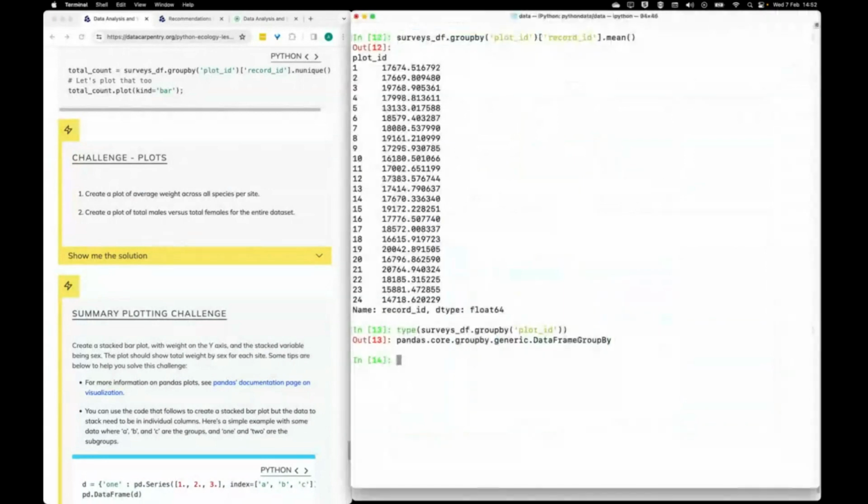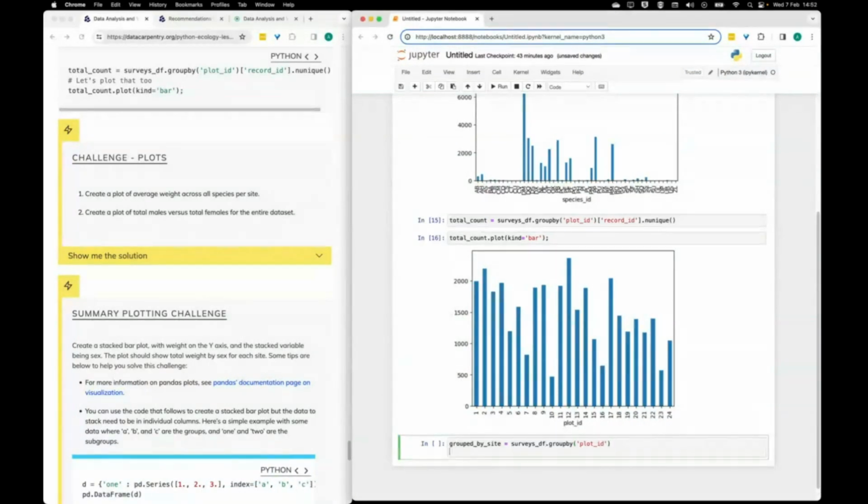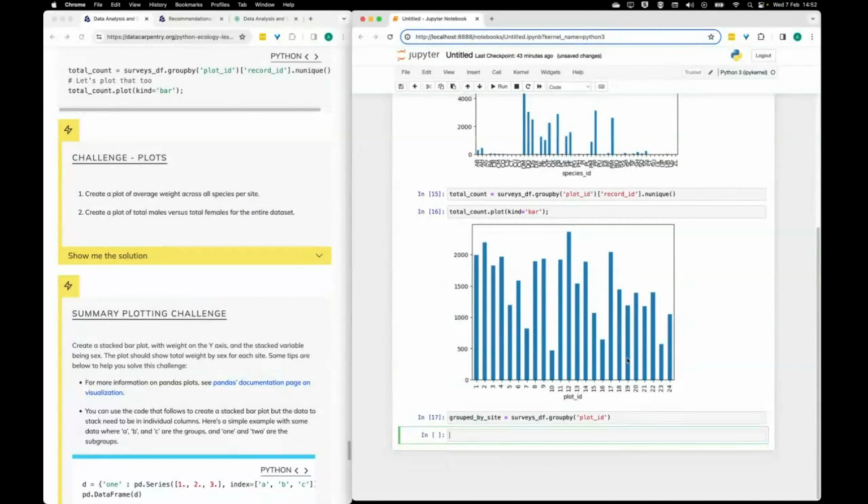What that means is that we first of all want to group, so we can create a grouping of the data by site, and we could then take that and extract purely the